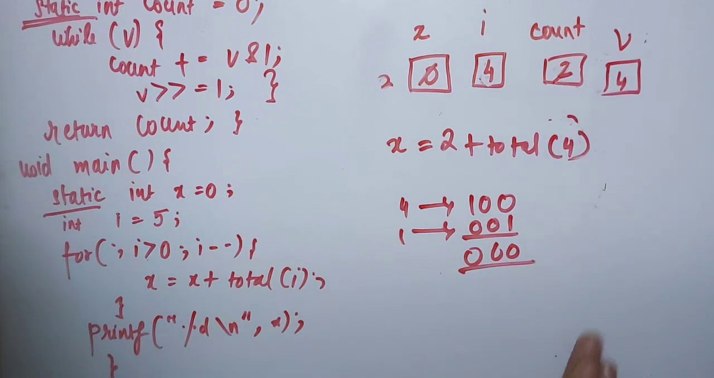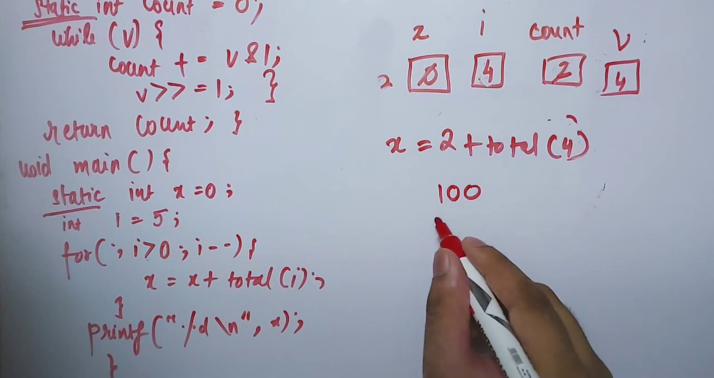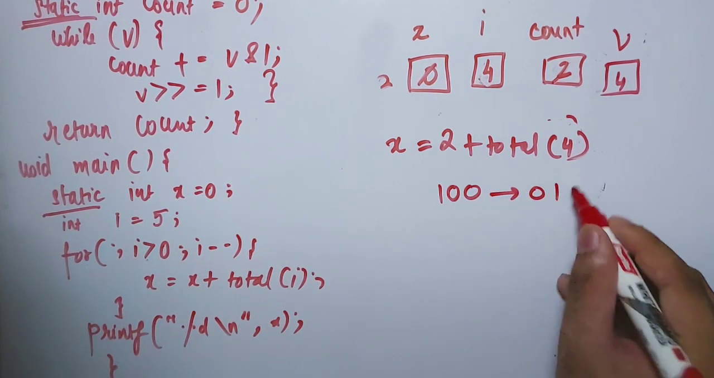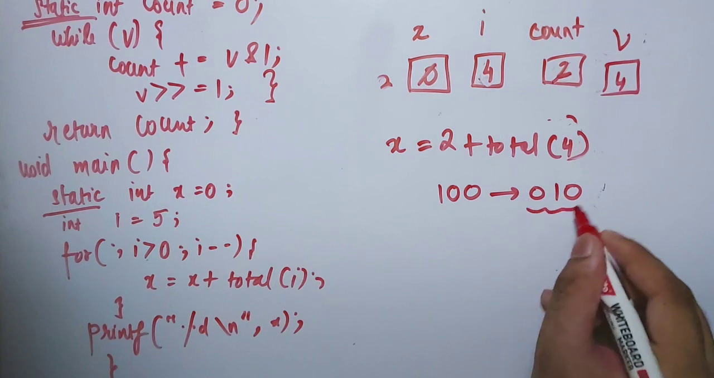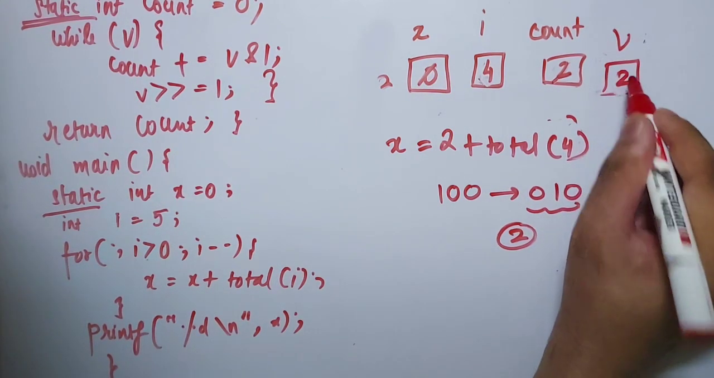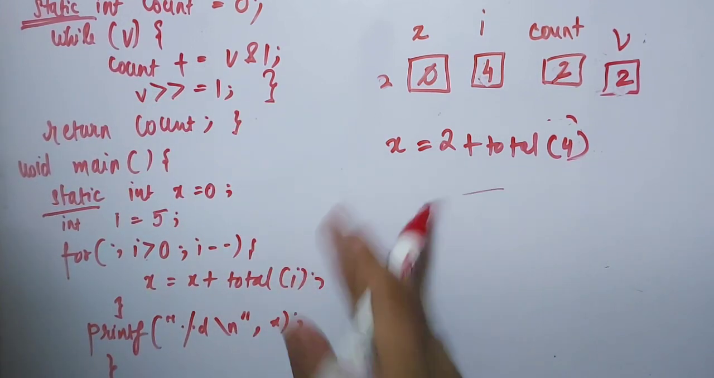Now it will right shift 4. 4 is 1 0 0. Right shift means it will divide by 2, so 0 1 0. When you divide 4 by 2 you get 2, so its decimal representation is 2. So v gets value 2. Now while of 2 is true, so it will do